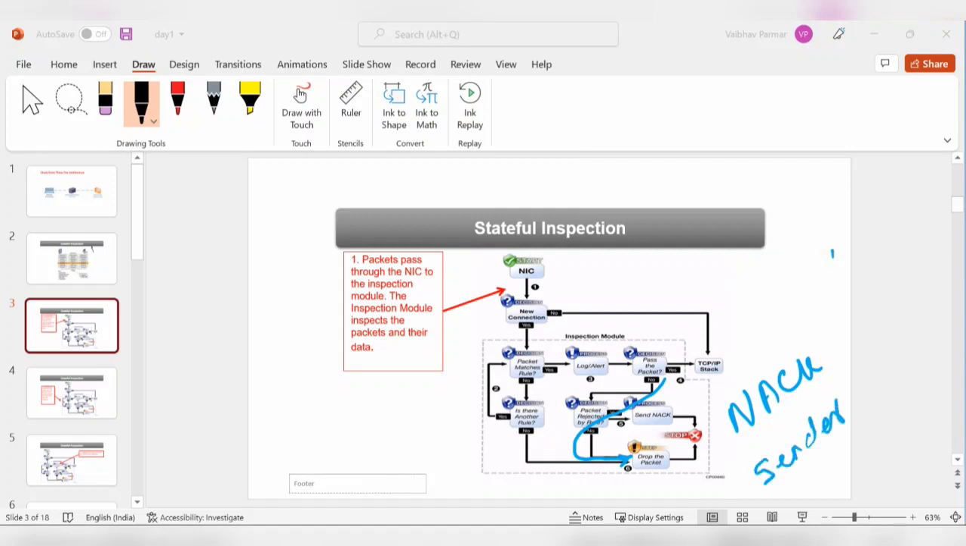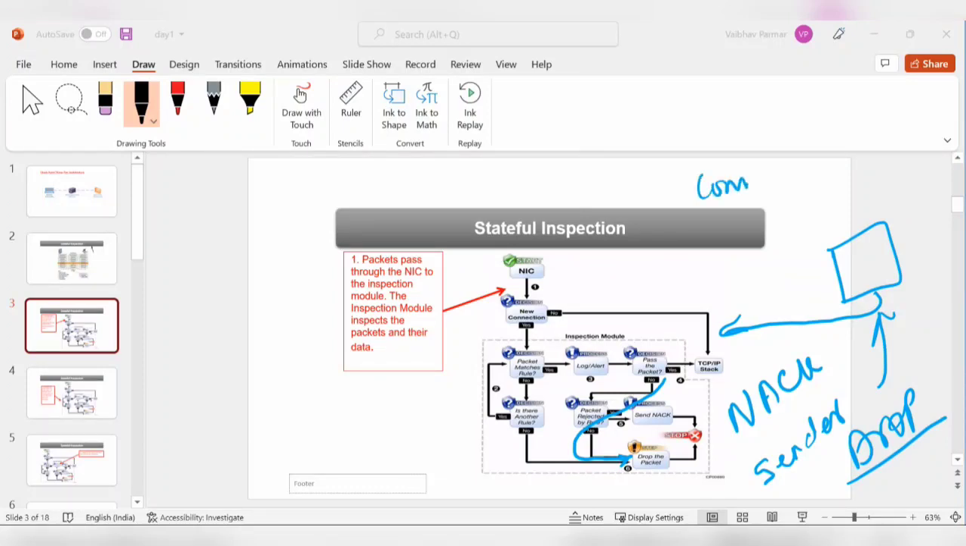This is my sender. From here the packet is coming. So the negative acknowledgement is sent to this guy, saying okay, I'm dropping your packet. So you know what? Sometimes we get a connection refused error,